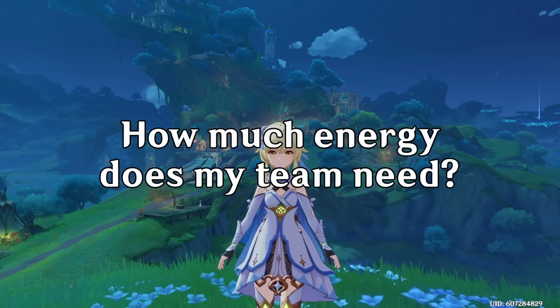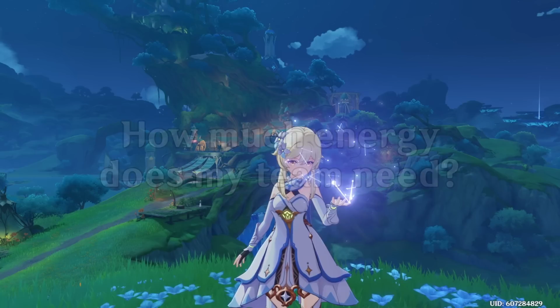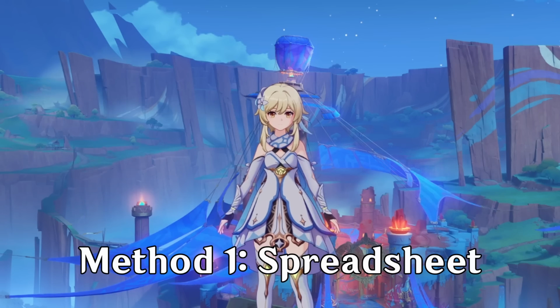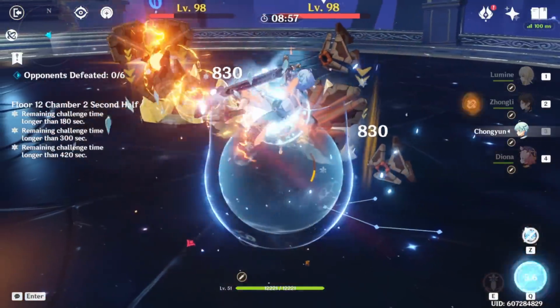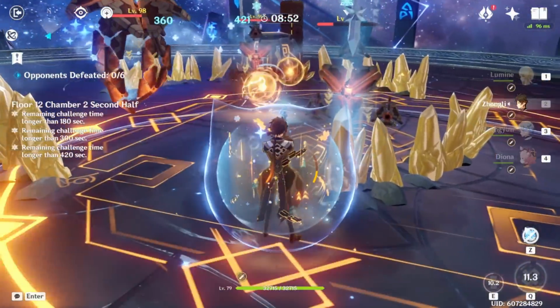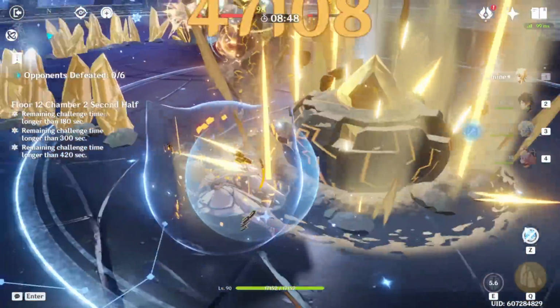There are a couple of ways to determine this, and I personally do a combination of the two methods I am about to mention. The first method is to use a spreadsheet. Look, it isn't that serious, it's just multiplication, you'll survive. The idea is that you'll have a basic idea of who is collecting particles and whether they're off-field or not during this process. After going through a full rotation, you'll then see what the ER requirements are to get full